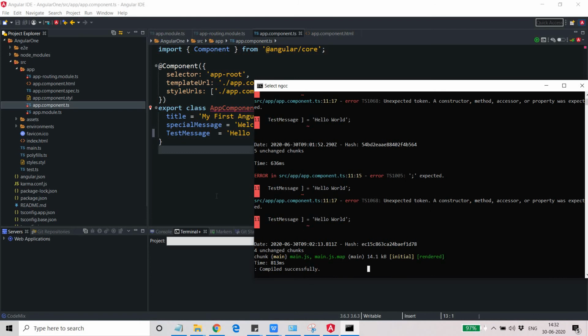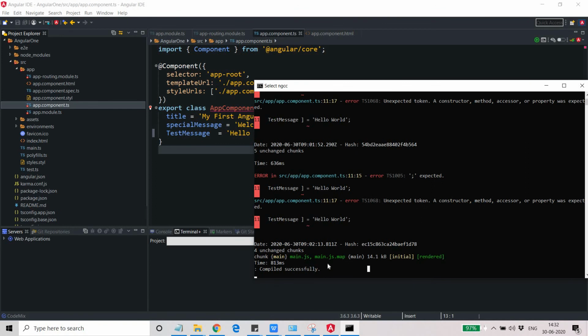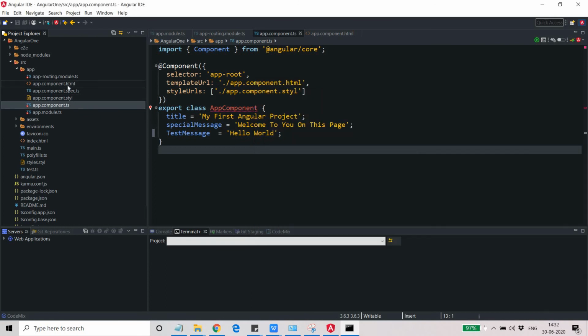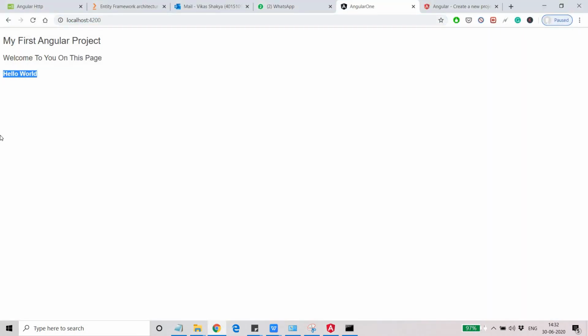So this is the beauty of the AngularJS projects when you are using the ng components, right? Once you change this, you will be able to see the code has been compiled with all the errors or the successful message, right? Since it has been compiled successfully, and at the same time your server is also running, whatever it has to display on the HTML page will be displayed here. So if you open this, you can see that hello world also gets printed, so it is reflected immediately.